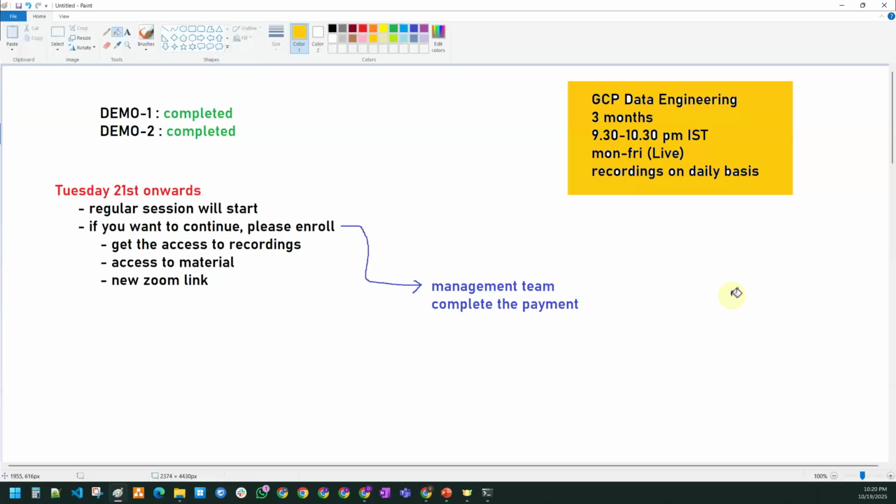Hi sir, this is Vijay. Sir, this 9:30 to 10:30, is there any alternative time apart from this? So I see two questions in the chat box, and one of the people is asking a question also, right? So one thing is the alternate time. There's a question about an alternate time for this course.